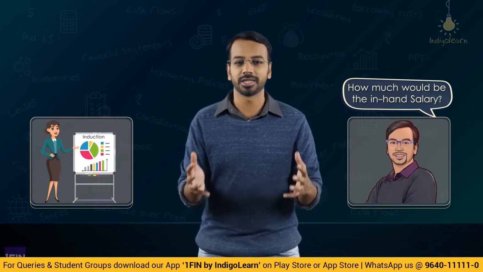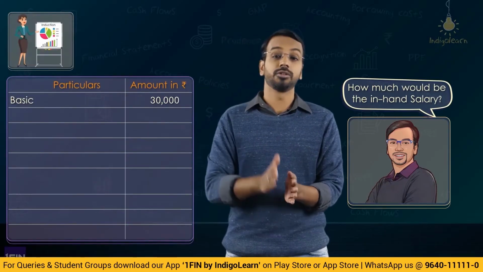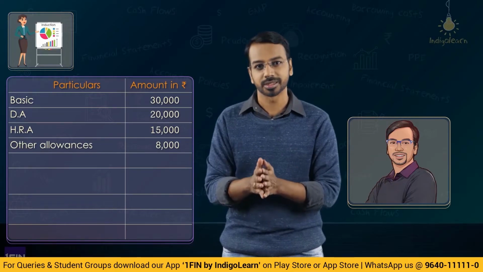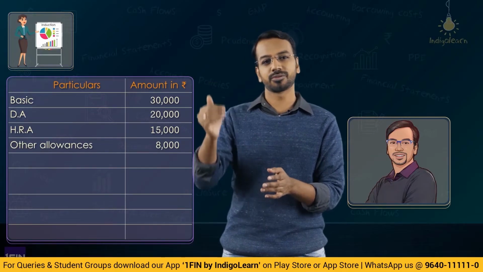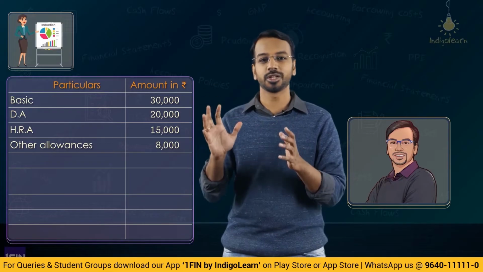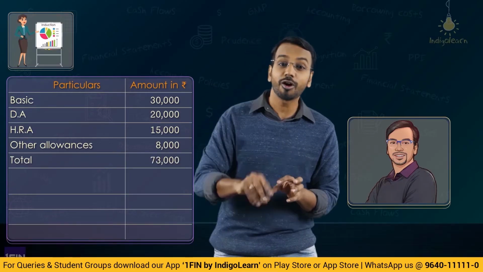Like when you join an articleship firm, you'll ask, right, how much is the stipend? Whether it is 1,500, 2,500, 3,500, whatever it is, that stipend is valuable. Similarly, for the first job, the in-hand salary was also equally valuable for us. So we asked the HR, how much will be the in-hand salary? So the HR said, okay, you will get the basic, you will get the DA, you will get the HRA, then you will get the other allowances, right? All this put together, 30,000 plus 20,50,50 plus another 15, 65 plus 8, 73,000 minus your contribution of